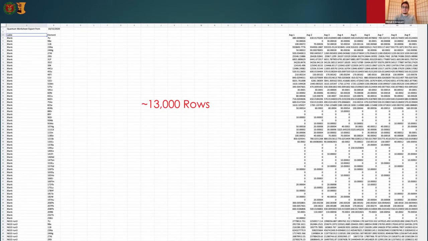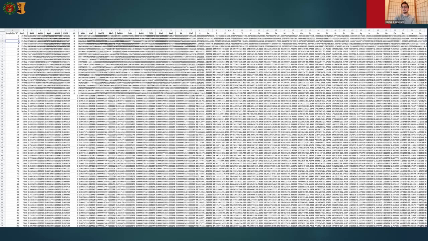And then we're given a Word document with instructions on how to transform that raw data into something that you can actually use for an actual compositional analysis. And then you end up with something like this.